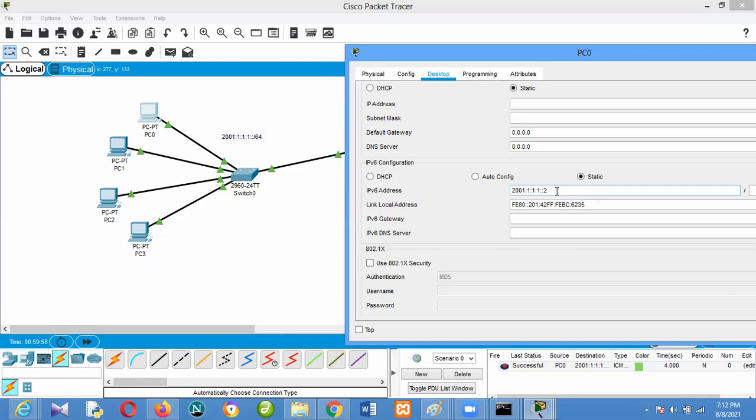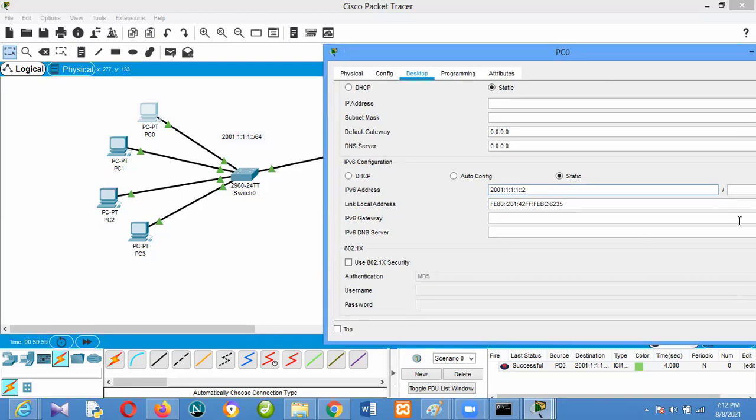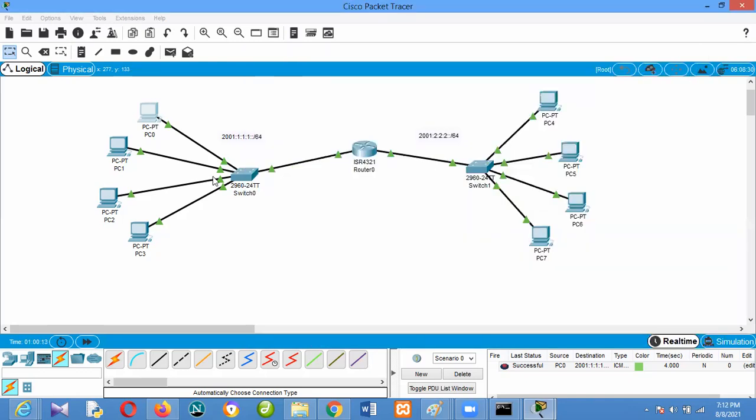I used 2 because the gateway has taken the first one. So prefix length is 64. My gateway is 1. So this one is a static IP address.